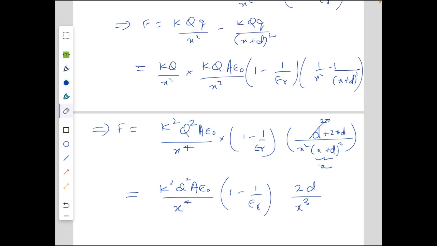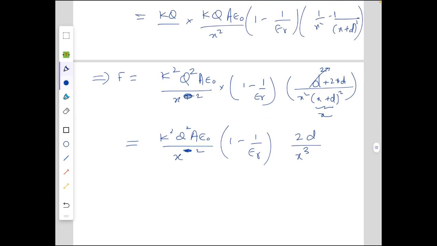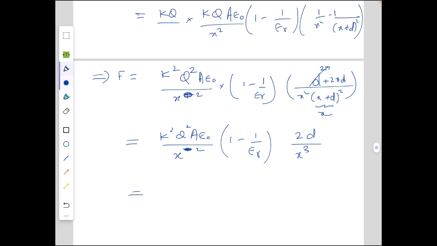Oh sorry, here the x square shouldn't be there because I haven't taken it common. So here it should be x squared, and here again it should be x squared. So finally the force comes out to be k square Q square a d, which is the volume, times epsilon naught into 1 minus 1 over epsilon r over x to the power 5, and this can be written as